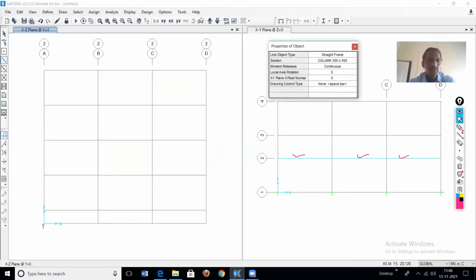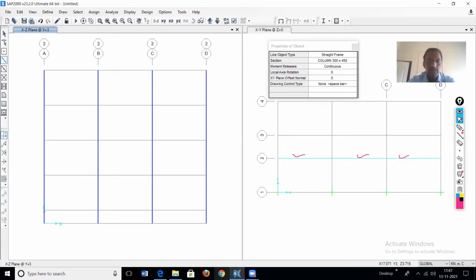Column. We will define all the columns. Right, okay.